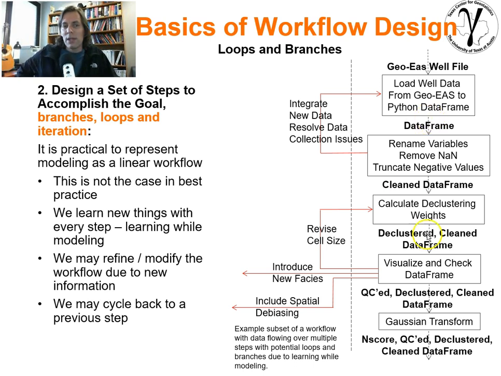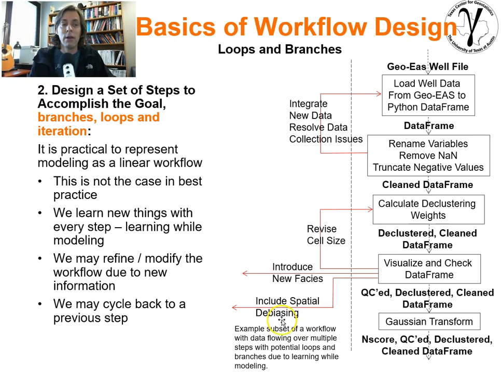Declustering. When you visualize and check the results, you might see that it's not a good result. There's a fundamental issue. You did not do a good job correcting for spatial bias. And you'll go back and correct the way that you declustered. Maybe when you visualize the data, declustered, QC'd, the data is great. But you recognize that you really do need to model with multiple facies. You need to break it up, or multiple regions. You may need to have a whole new branch here